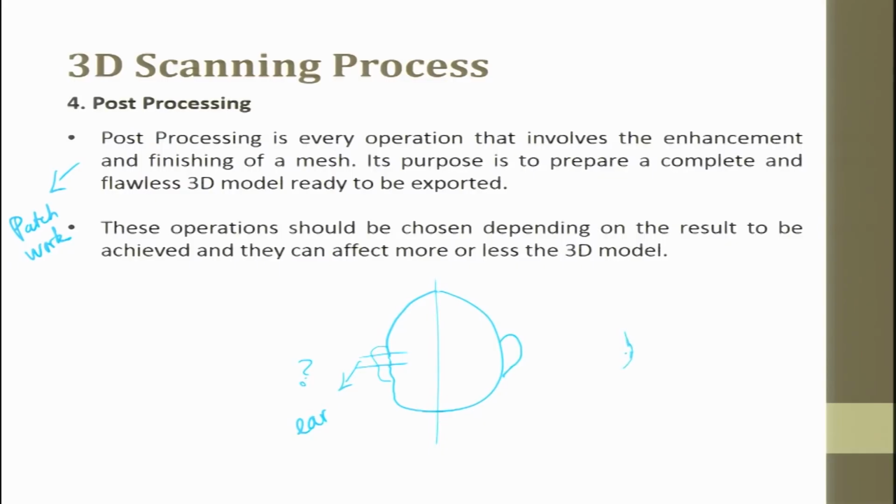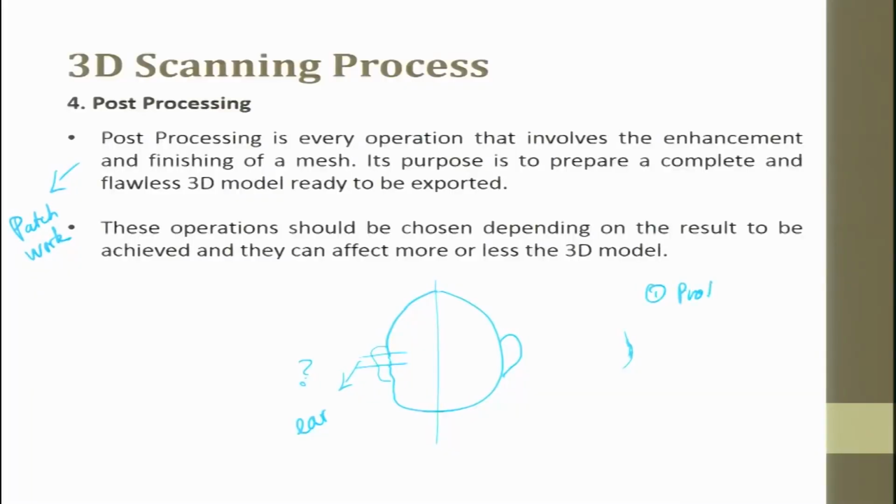It tries to find the best fit and then it tries to draw a curve in it. Okay. So, these jobs are called post processing jobs. Its purpose is to prepare a complete and flawless 3D object ready to be exported. So, the moment you do post processing, whatever data you get is the final data which can be used for any further operation. It can be used for prototype, it can be sent to machine,